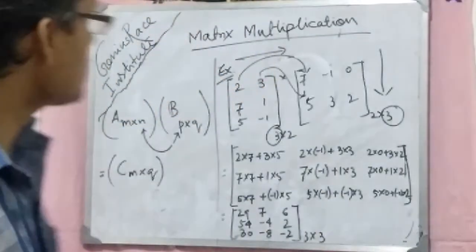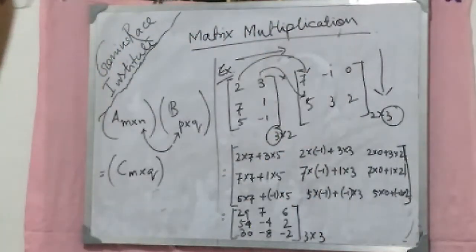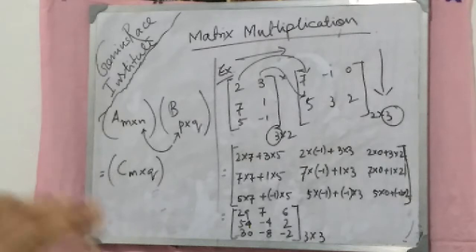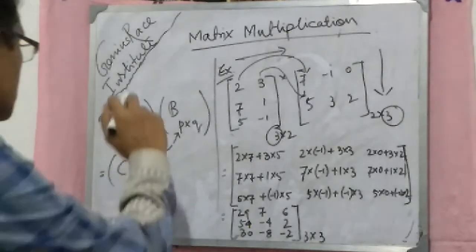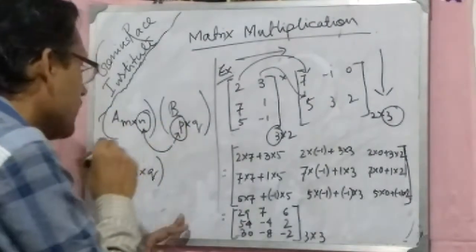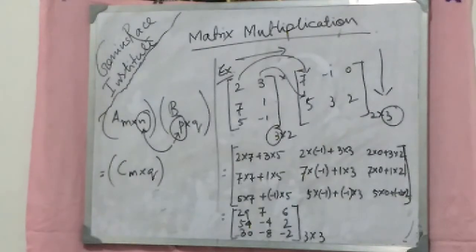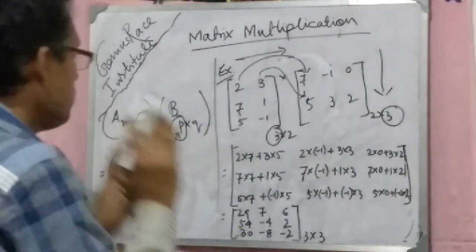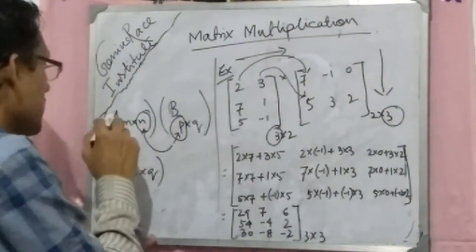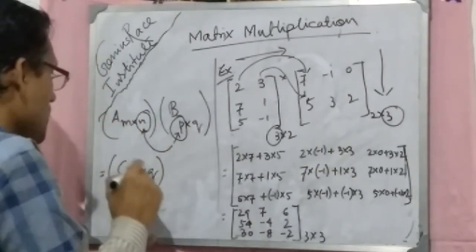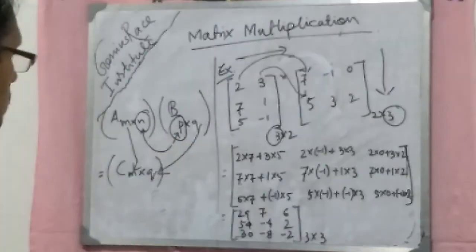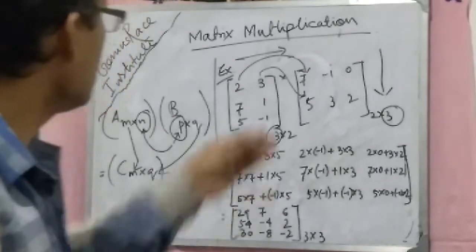So in this section we are going to explain matrix multiplication. So the concept is, when two matrices are given, matrix multiplication is possible only when the columns of the first matrix and the rows of the second matrix are equal. Then we can perform the matrix multiplication and the resultant matrix would be, say, C. In case of A and B, the order of the new matrix will be M and this Q. Let us come to the example part.